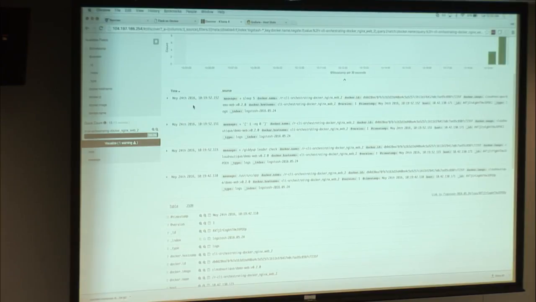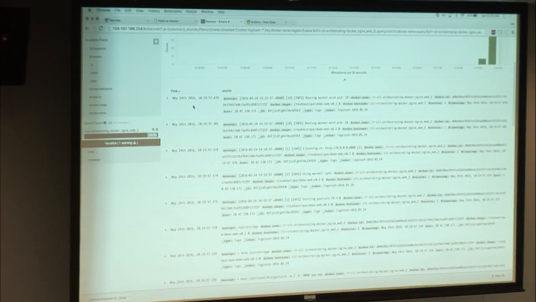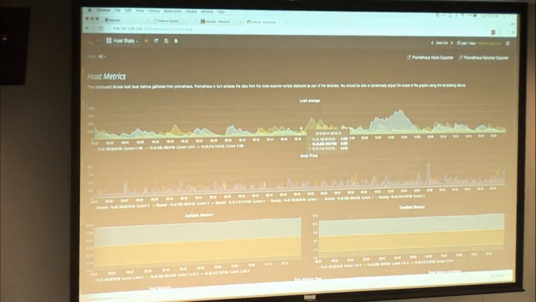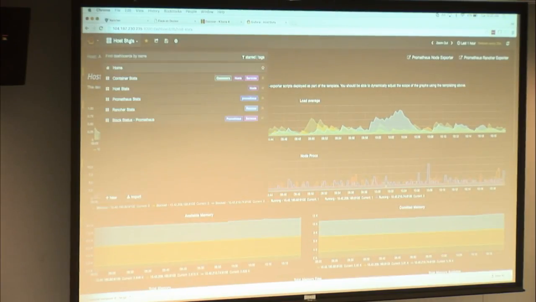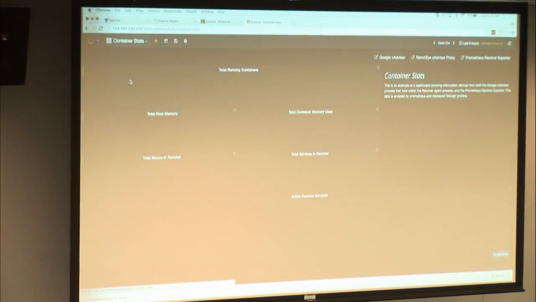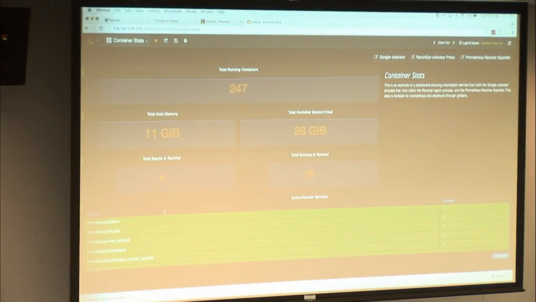And this is really helpful because now you can actually troubleshoot and gain insight without having to go to each container on any number of hosts and do Docker logs and follow. While that's still sometimes useful, being able to see an aggregated view really helps. And so we also deployed Grafana in there, and so now here, as things are happening on the host, we get these host stats, we get this dashboard that also gives us some high-level container stats, so we can see what's going on in their state in the environment.